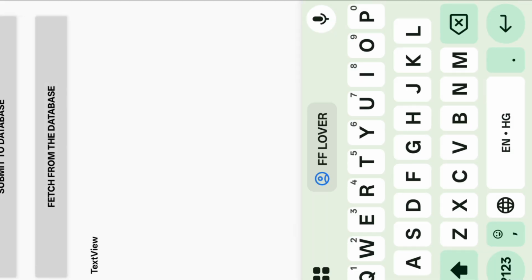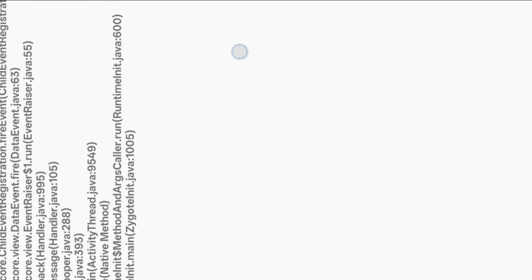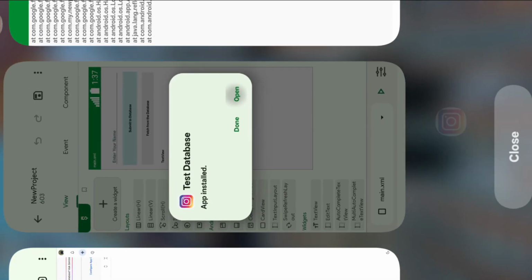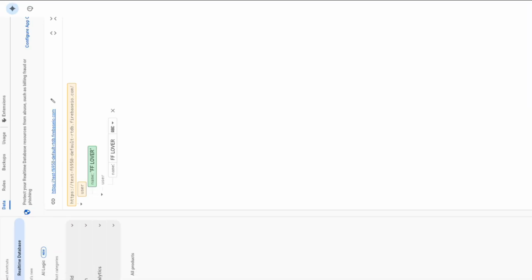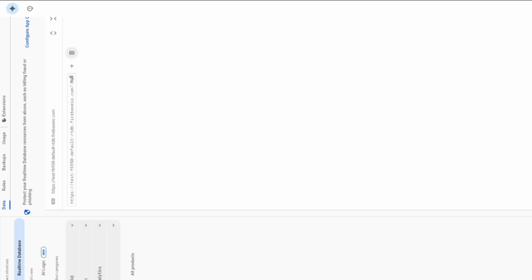So now I submit my name again and click on database, and right now I have a fetch crash. So firstly I want to delete my data from Firebase, and again I will try.